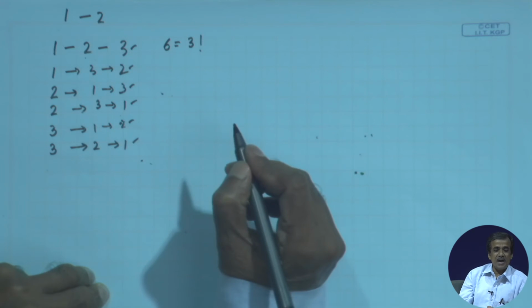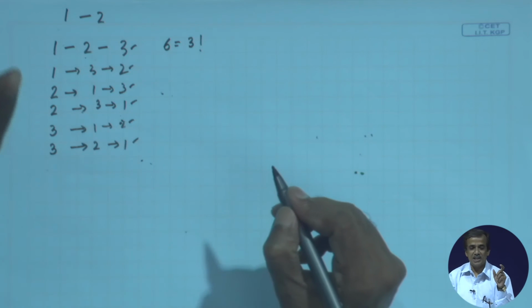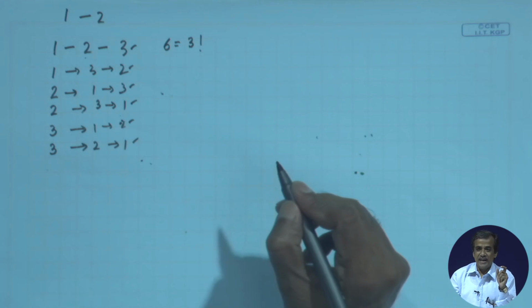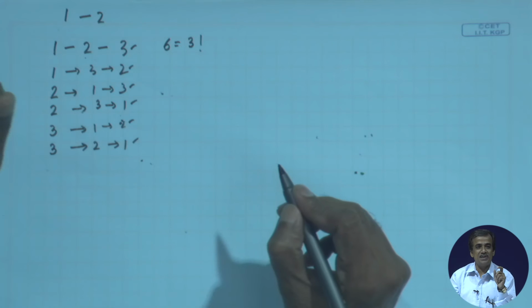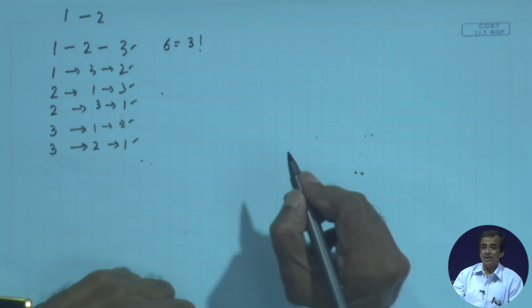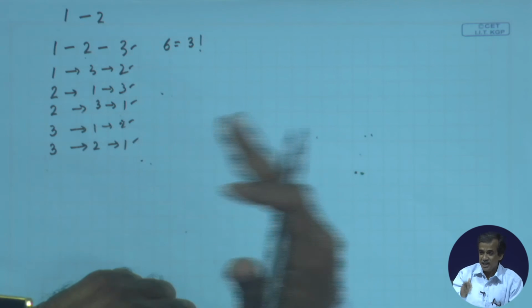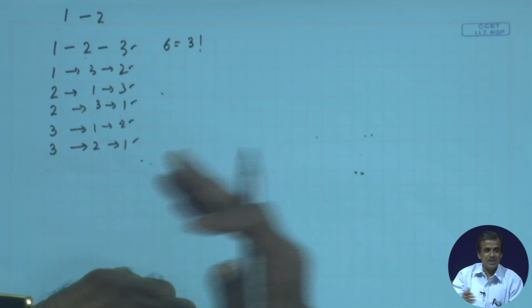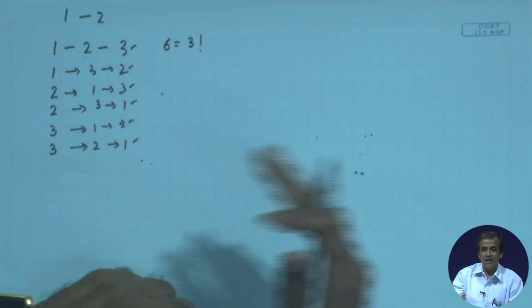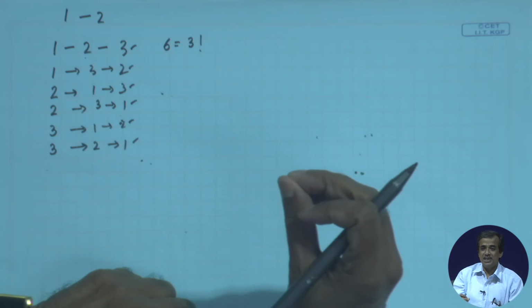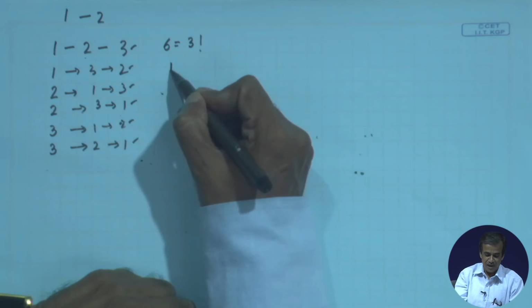Now, supposing that I have one TSP, travelling salesperson's problem, having say 10 cities. 10 cities means how many possible sequences are there? 10 factorial, and 10 factorial is a huge number. So there are so many such possibilities, and out of all such sequences, you will have to find the best one, which is a difficult problem, because 10 factorial is a huge